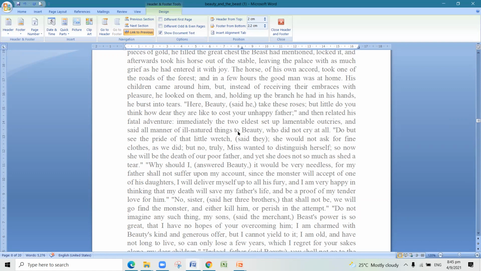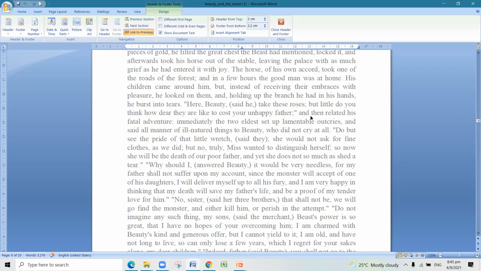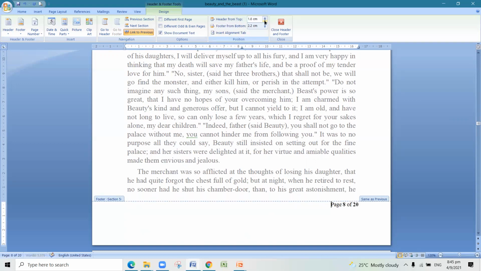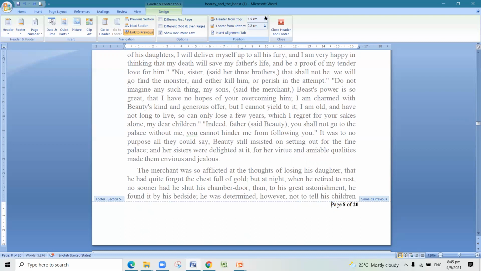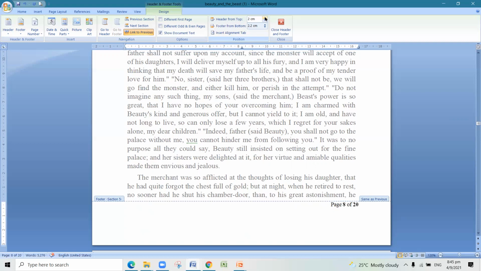Any doubts on this so far? So no, normally 1 centimeter is enough, right? Normally, like what you saw in the default, that is around 1.5 to 1.7. I think that will be the common. So usually, if you are doing a lot of documents, I suggest you just print one page to see